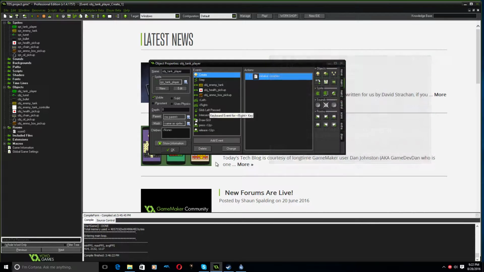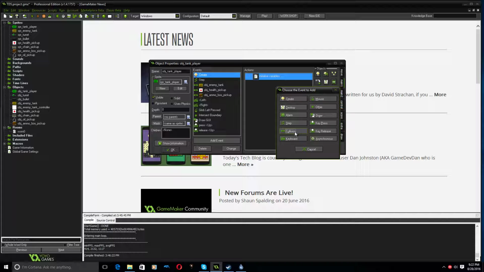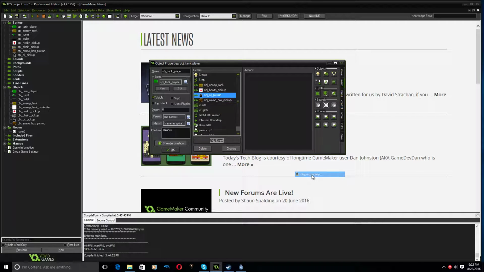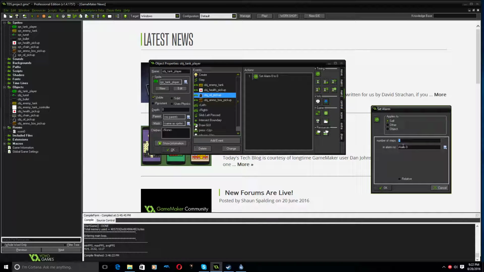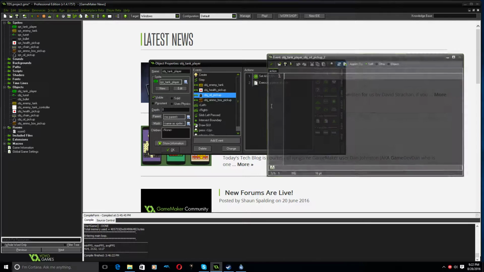Now what I'm going to do here is add an event, and this event is going to be a collision with the oil pickup. And when this happens, I am going to do two things. I'm going to set an alarm, and this is going to last for 3 seconds, so that's going to be 180. I can set it in alarm 0 because every object has its own set of alarms. Okay, this is not a global variable. It's not sharing it with the other thing that we've got the alarm on. So I'm going to set that alarm to 180, and then I'm going to set in code